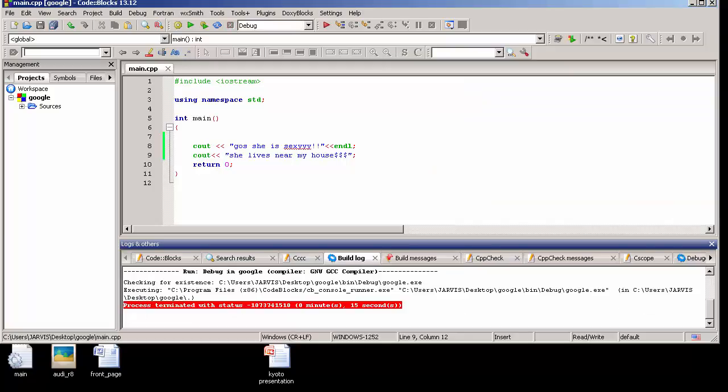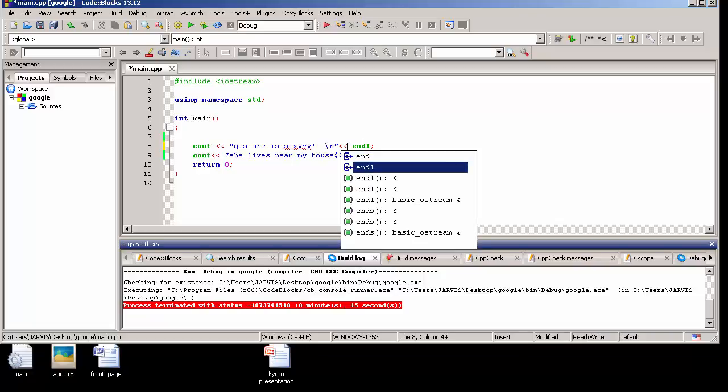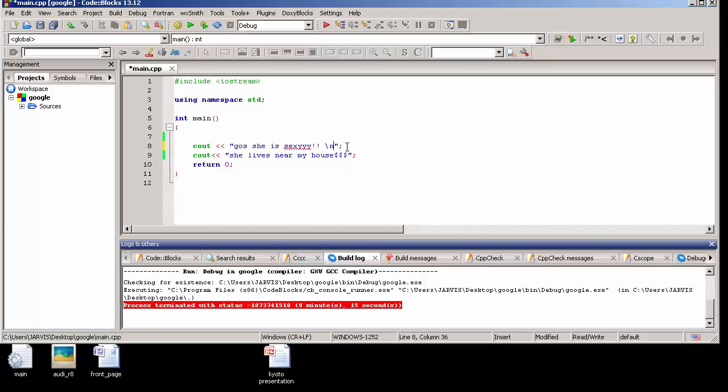So pretty sweet. Now, whenever you wanted to insert a new line, but you're too lazy to type this endl, right? Because I know you guys are too lazy. So whenever you wanted to go to a new line, one more thing you can do is insert a \n in between the string. Now what this \n does is same as endl. It goes to a new line, but you don't have to type those two big insertion operators and that very long word endl, right? Because we're too lazy to do that. Even I'm lazy. So you can just insert a slash n in between and we'll go to a new line. So whenever you build and run this,